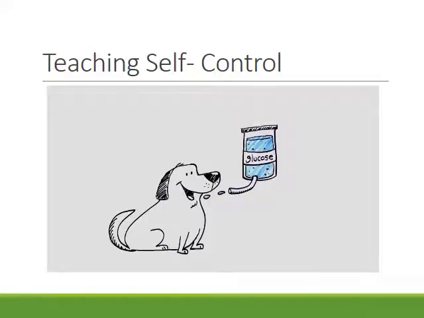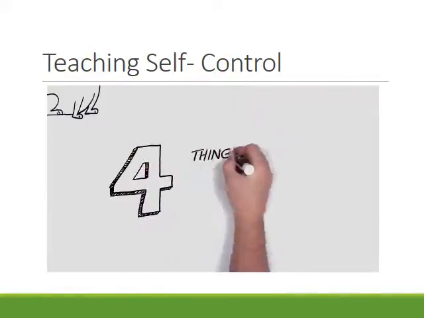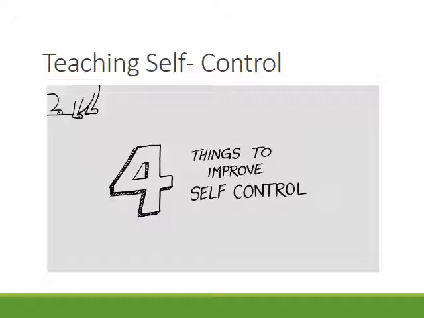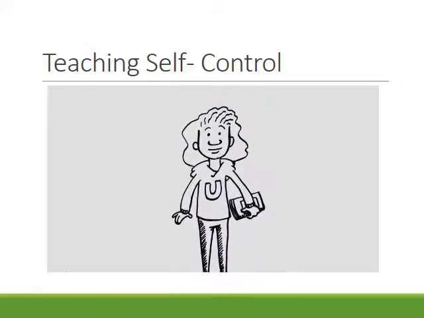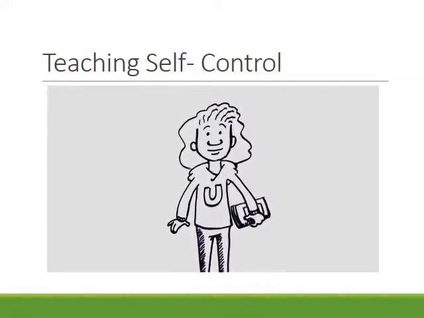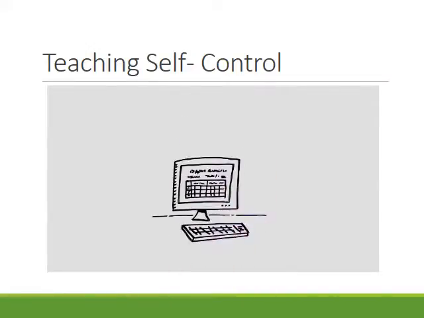Let's wrap up by talking about 4 things you can do to improve your self-control. As we've seen, improving your self-control has big payoffs, including better health, relationships, and success in school. You can start to see results quickly. First, become a mental energy accountant. This relates to our discussion of monitoring.